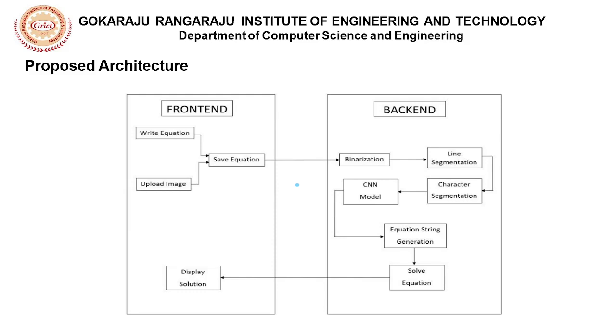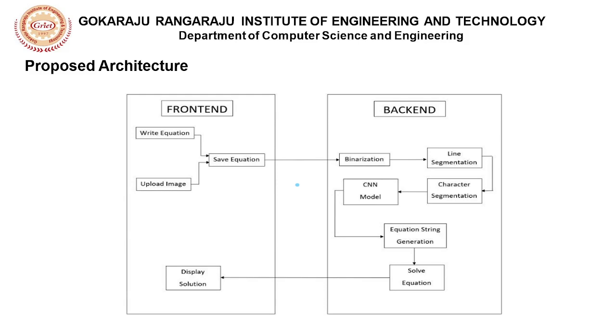This input can be given either by writing an equation through the system sketchpad, or we can choose to upload an image. And once the image has been uploaded or written, we can save the image. The process of solving the equation begins by saving the image, and after that, the evaluation takes place. And in the backend, once we have saved and started the evaluation process, the first thing that takes place is